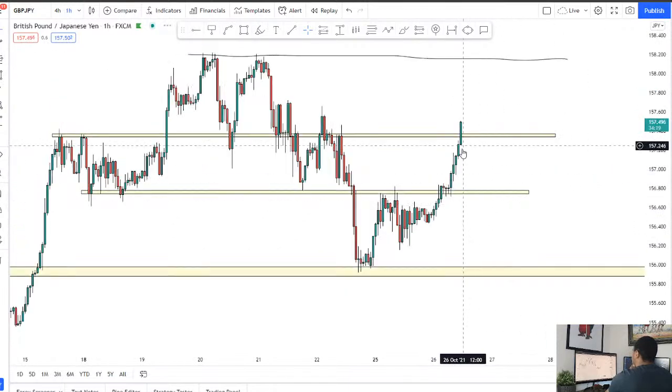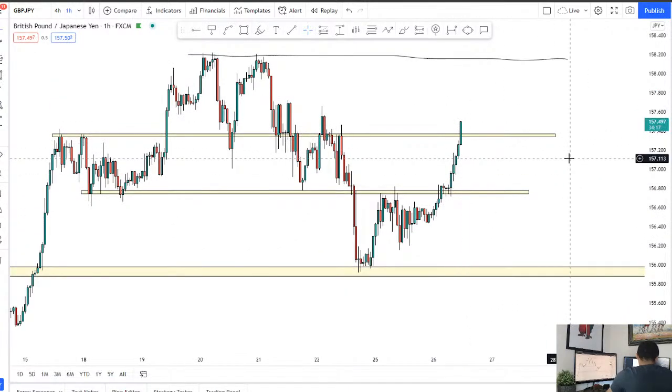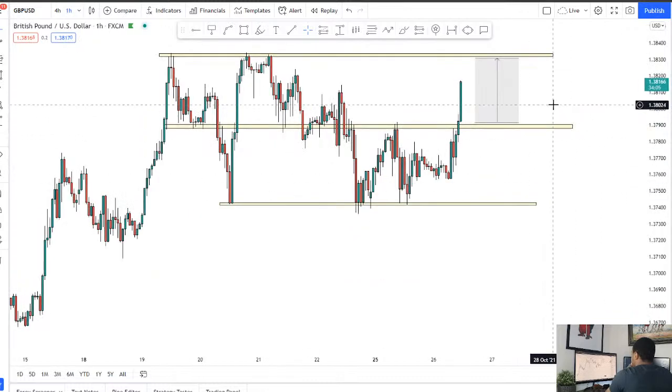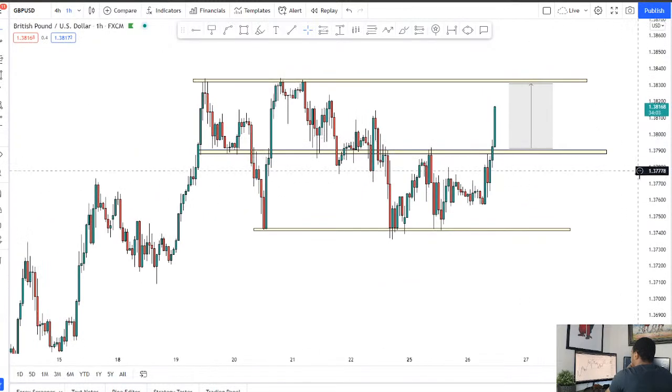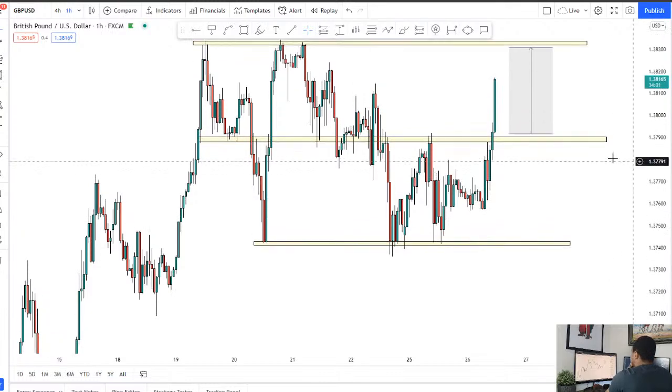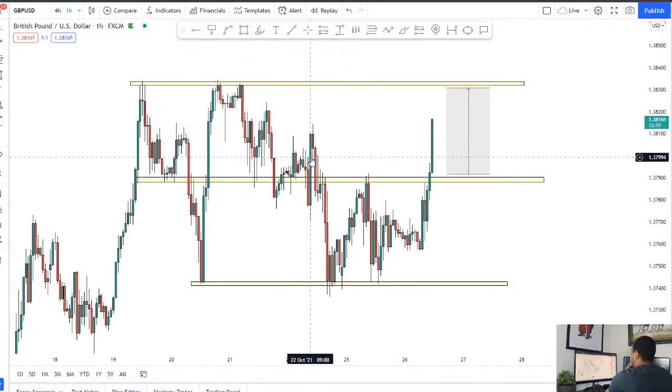Maybe Pound JPY as well, but I'm not too sure if we get anything for those. Thinking of shorting Pound at around 1.38. We'll take a look at that. Yeah, well, it looks like we're breaking through 1.38, so it's not looking too good there. Like I said, for Pound USD,